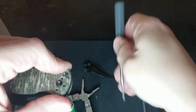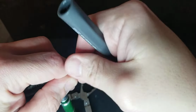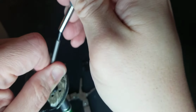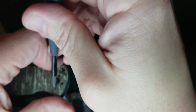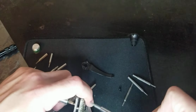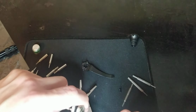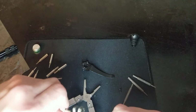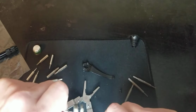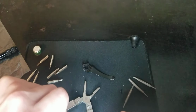So yes, it is turning into a nightmare. And it's frustrating, because I don't like it when I can't do stuff. And I'm telling you, when I took apart that Kershaw, it was so smooth and so easy. So if we learned anything today, it was that your cheap knives do not